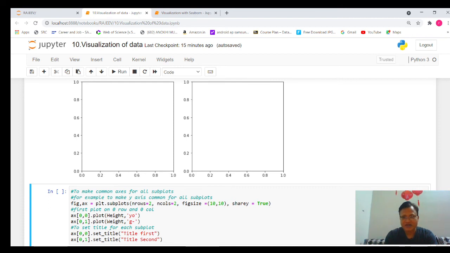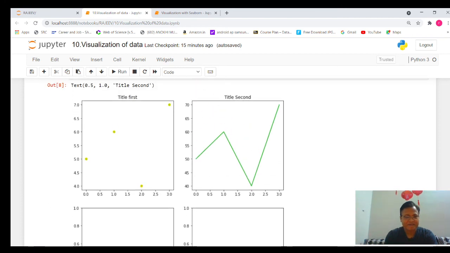Let's see one more important thing here. If you see, the y-axis numbers are different here, and here the y-axis numbers are different. Many times it is required that I want the same y-axis on all the subplots, because if there are different values, we cannot show the comparative analysis.